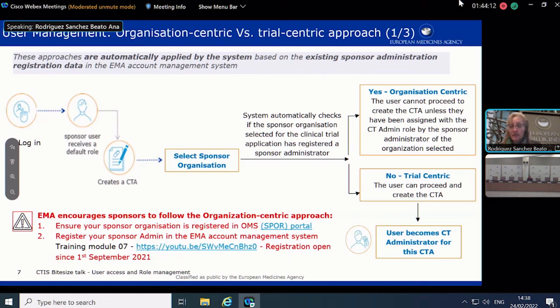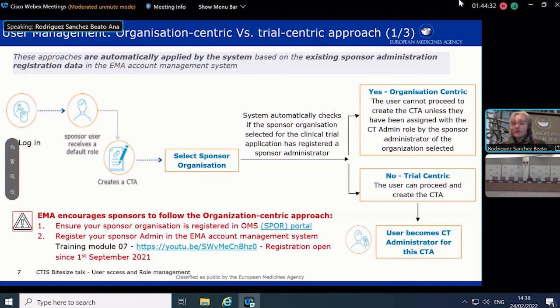But if that is not the case, this user is not able to proceed and is not able to create a CT application for that sponsor organization. And this is why I emphasize that this is the best approach, because it's the most secure one and prevents creation of trials for a particular sponsor organization.